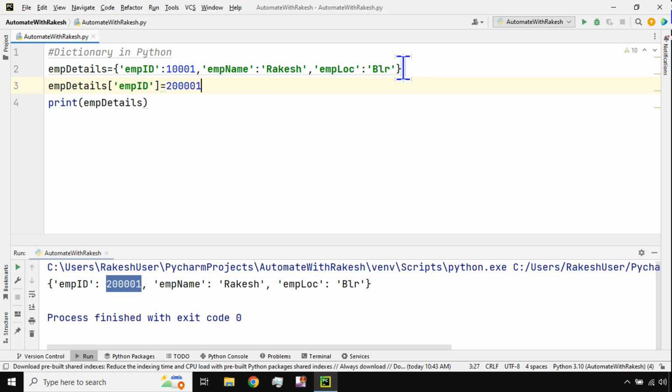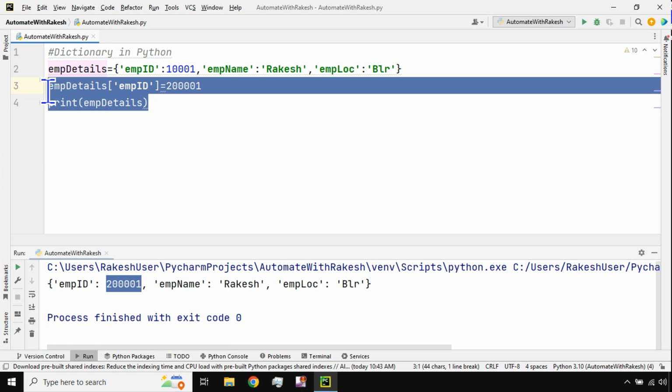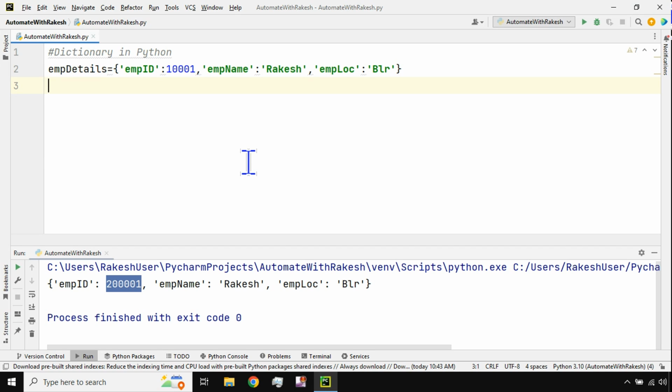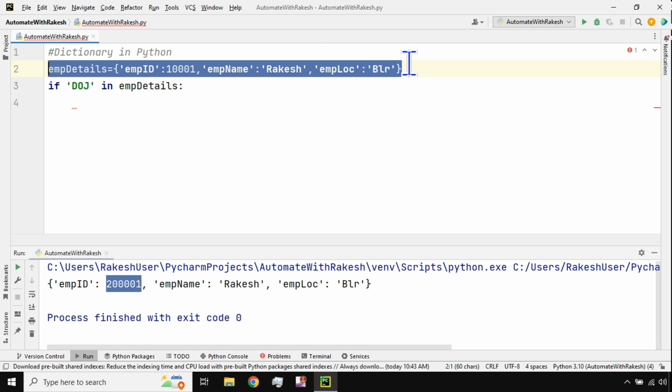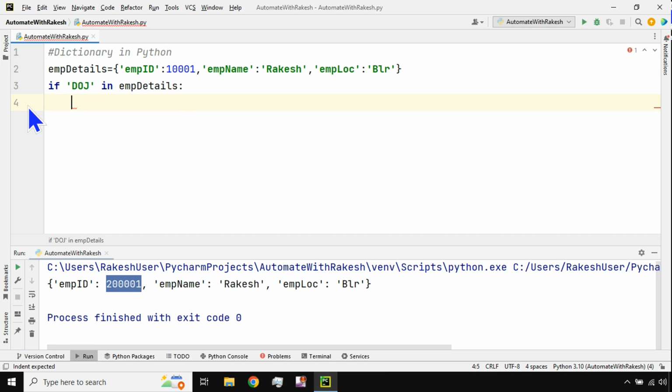How to add a new key and value pair, or how to add a new item into the dictionary, you have understood, right? Now let's say I would like to make it a little more sophisticated. How? For example, I would like to see if the key date of joining is present in the dictionary employee details. Do I have a date of joining now in this dictionary? No, I don't have. So if it is there, then it will print, yes, the key is present, else